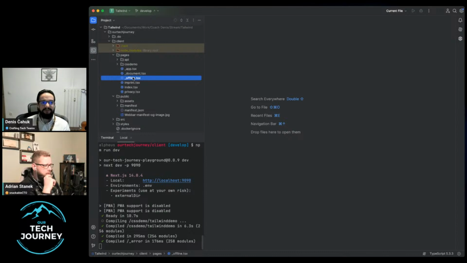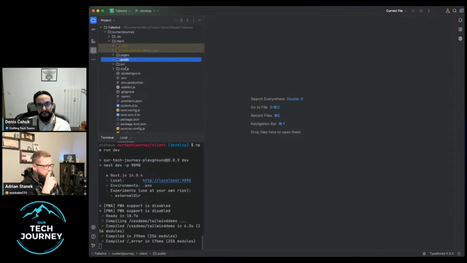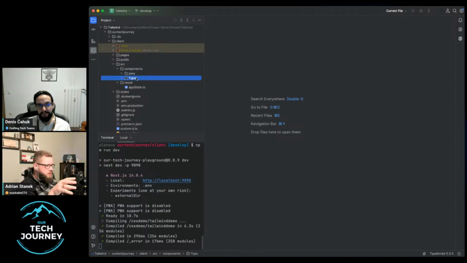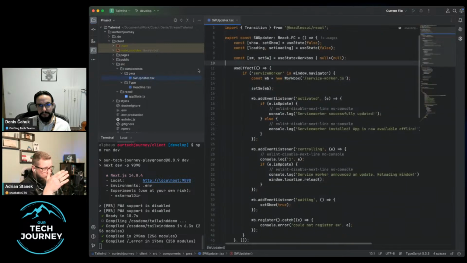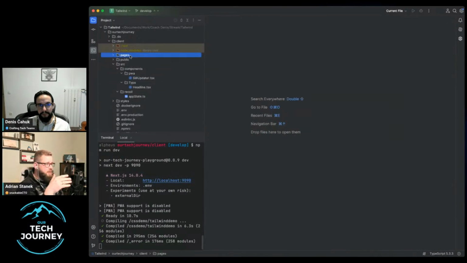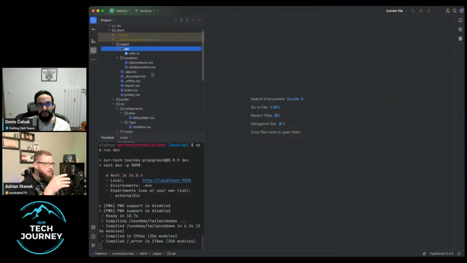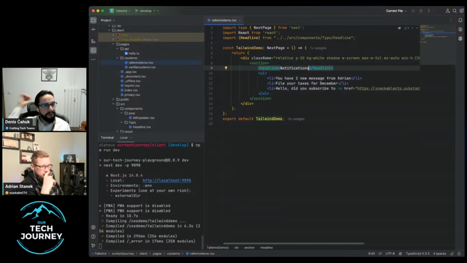Okay, so what we have here, as I said in the beginning, is basically a boilerplate I've been using for quite a while now. It's not like the one you install at the moment when getting NextJS. This is an upgraded one. In the source folder, you have the pages router and the components. Please go to the pages. I think we stopped with the Tailwind demo.